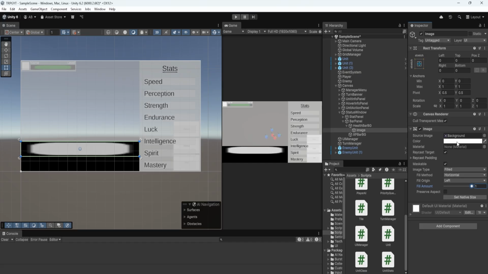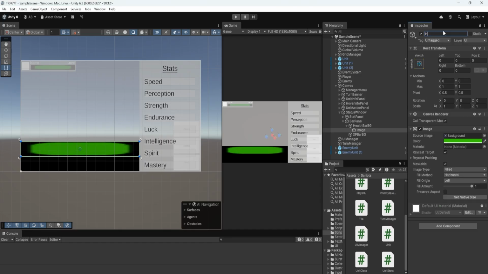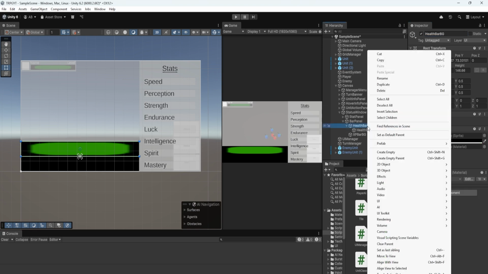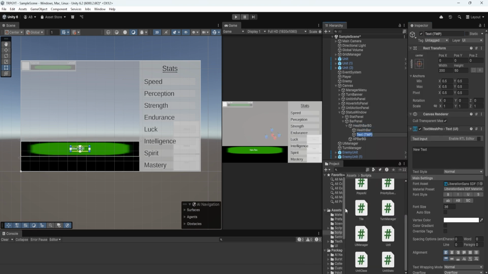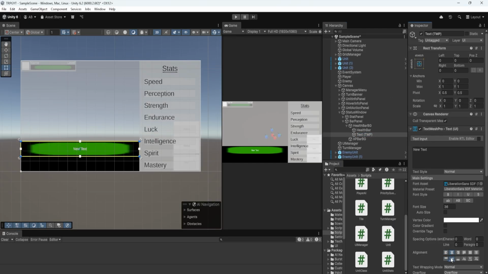And there's our health bar. We can change the color to green like the rest of our health bars. But I want it to be kind of a darker green because we are going to be having text over these. So we'll rename the second image to health bar. Then I'm going to right click on health bar background again, go to UI, add a text object, stretch out that text object to take up the whole space, center align it vertically and horizontally,